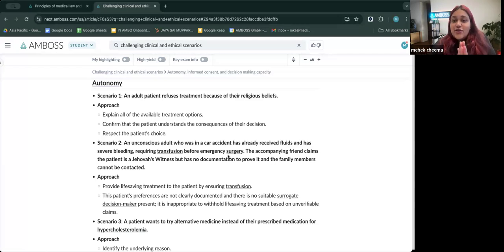No. You cannot force a patient to have medication, be it because of their religious beliefs, because of their cultural beliefs, because of anything at all. Your responsibility is not to make sure that the patient has their medication. It is to make sure that the patient knows the best possible treatment options for them.